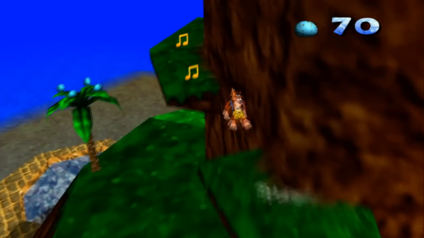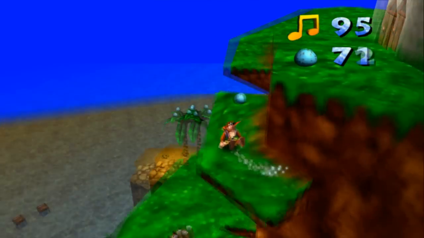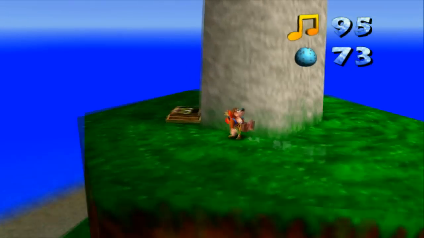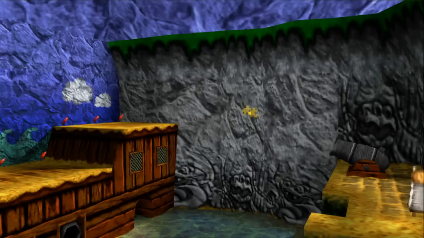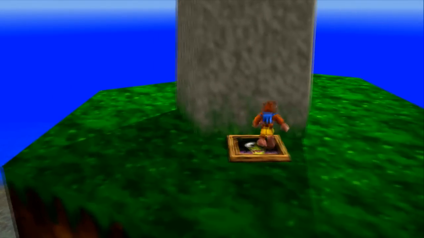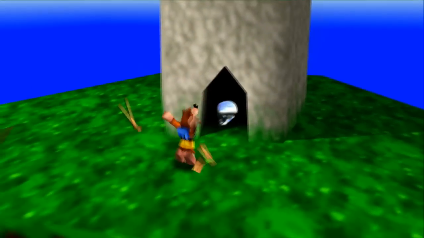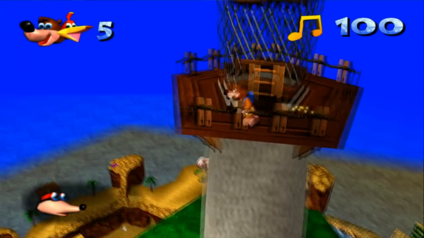So right now we're going to be getting our second last Jiggy, and we're also going to be getting the last of our notes. We also have a Gruntilda switch here, which was not very well hidden at all, but nonetheless, shoots out. We're going to have to get that when we leave the level, but probably not till the next part. And then you have to Beak Buster down this door, and another Mumbo Jumbo token. Not sure if we've collected all of them for the level. Hopefully we have. And then the next Jiggy,